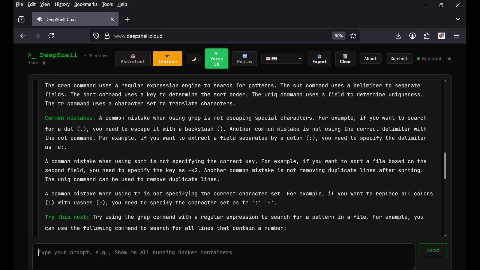Common mistakes. A common mistake when using grep is not escaping special characters. For example, if you want to search for a dot, you need to escape it with a backslash. Another common mistake is not using the correct delimiter with the cut command. For example, if you want to extract a field separated by a colon, you need to specify the